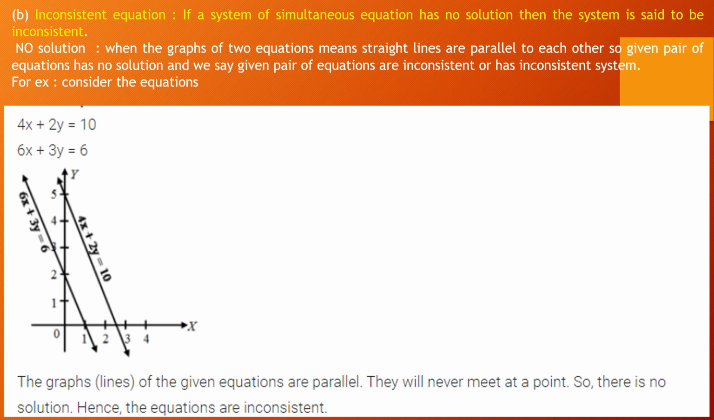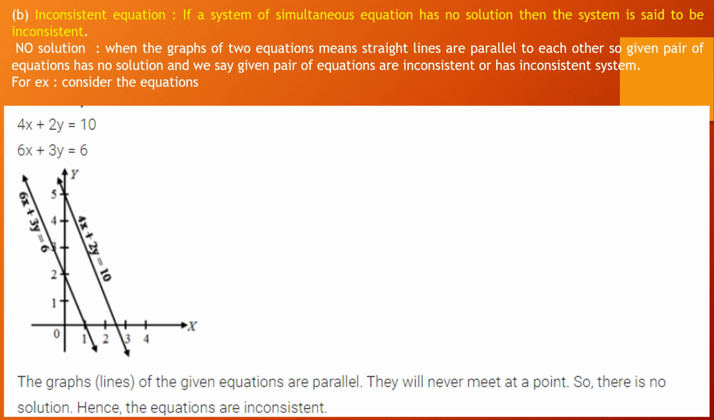When the graph of a pair of linear equations represents two straight lines, and the straight lines are parallel to each other, the given pair of equations has no solution, and we say the given pair of equations is inconsistent or has an inconsistent system, meaning the solution doesn't exist. For example, 4x + 2y = 10 and 6x + 3y = 6. When I plot the graph, I get two straight lines which are parallel to each